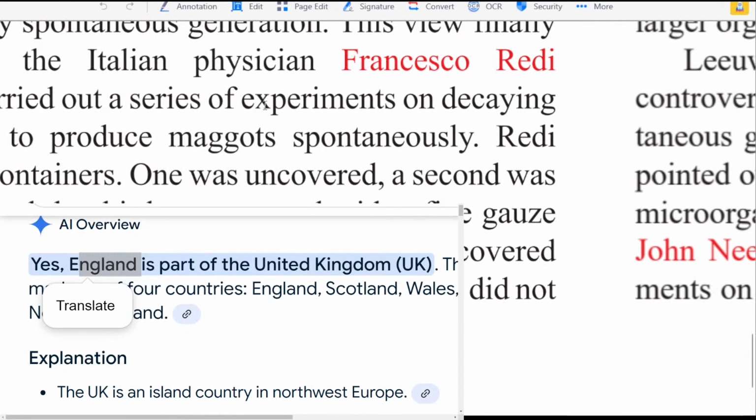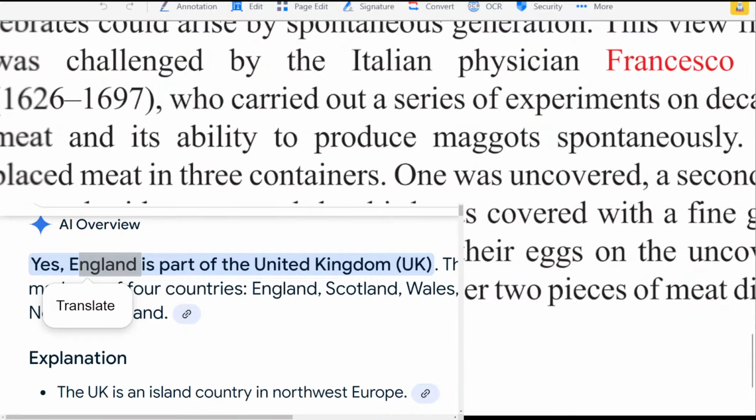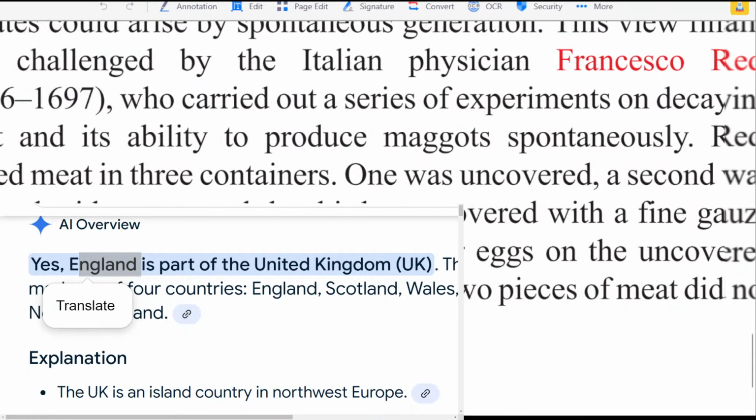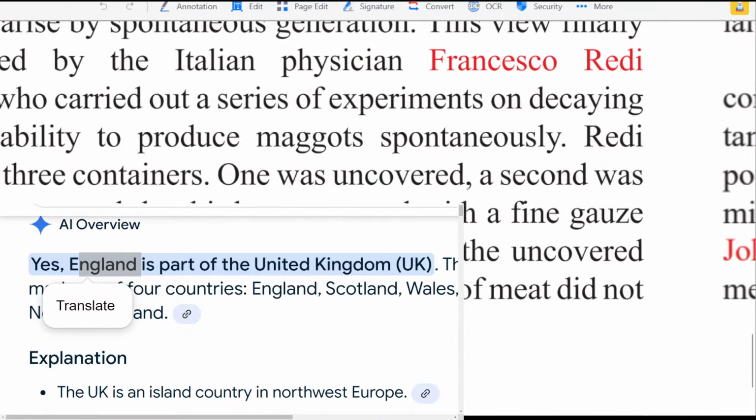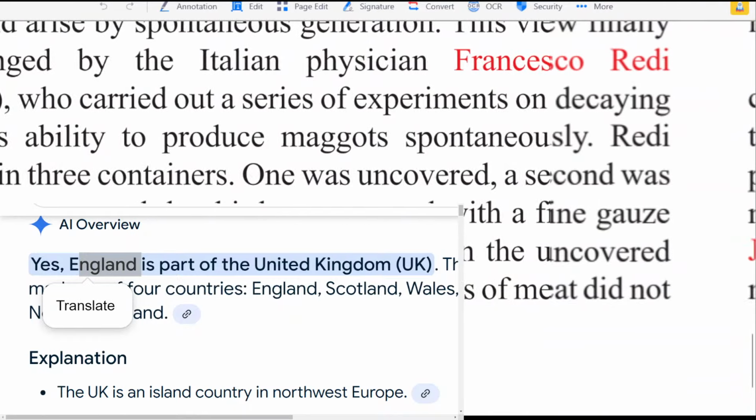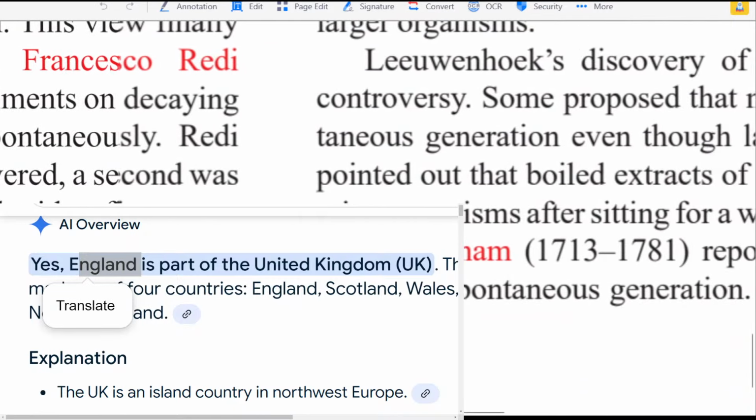One was uncovered and the second was covered with a paper. And the third was covered with the fine gauze that would exclude the flies. Flies laid their eggs on the uncovered meat and the maggots developed. The other two pieces of meat